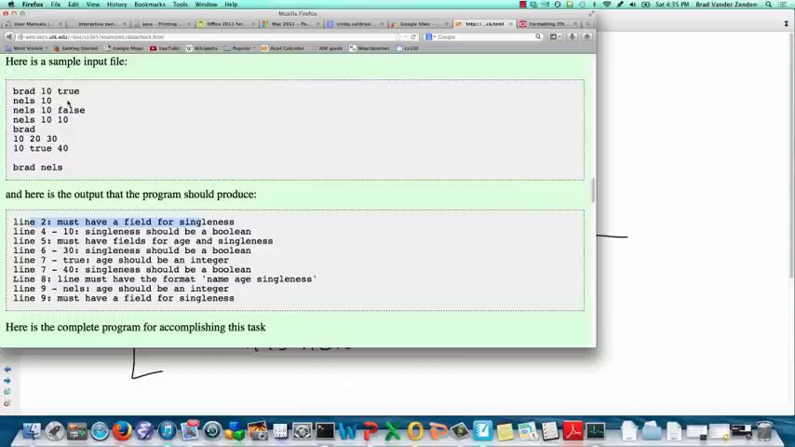You can see line 2 up here is missing that. Line 4, we can see right here, that should be a Boolean, and we entered an integer. You can see on line 5 we are missing the fields for age and singleness. Line 6, actually, even though 10 is not a name, we can't actually detect that because we're going to accept anything that's a string, but you can see that 30 is an invalid